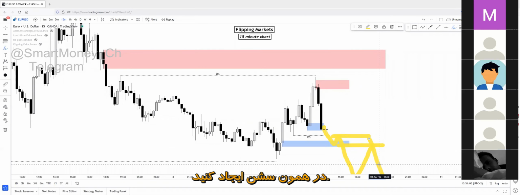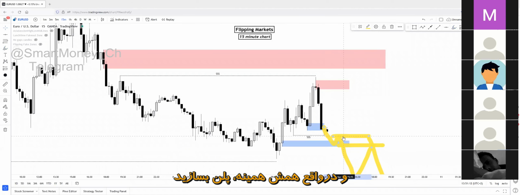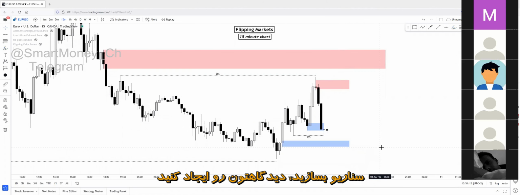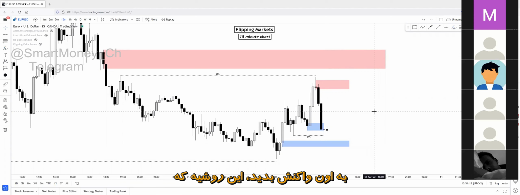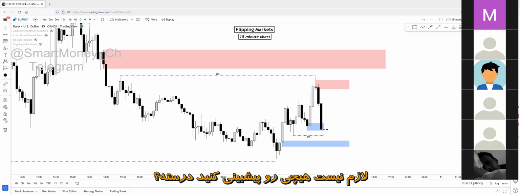You have to build a new perspective in session. So in the live session, you have to build a new scenario. You have to build a new plan, new perspective for that surprising movement. And basically that's all. Build a plan, build a scenario, build a perspective, and react on those scenarios, react on those plans. If one of those scenarios happens, react on it. This is how you should trade. This is how Forex is actually working. You don't have to predict shit, right?